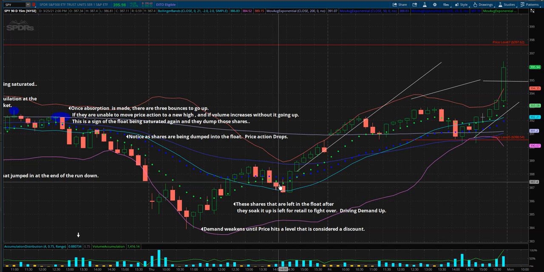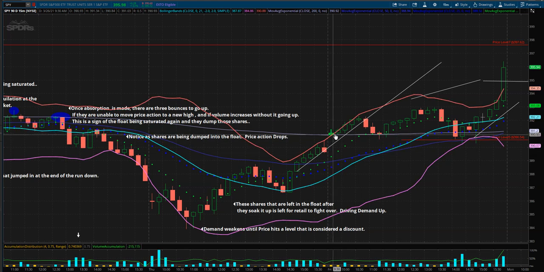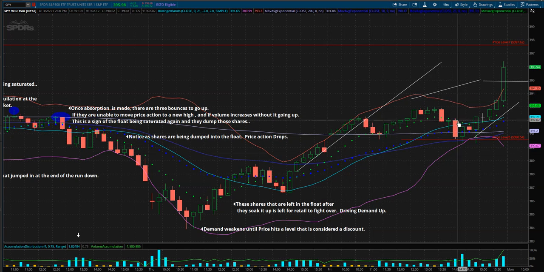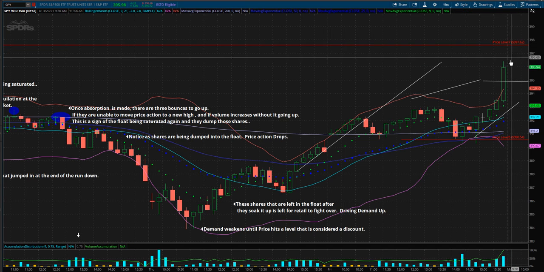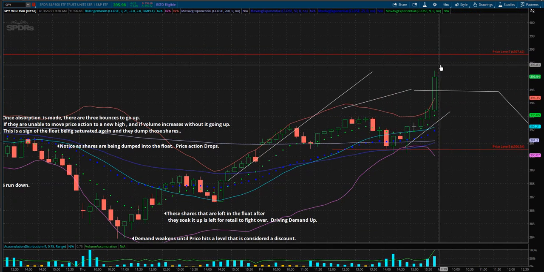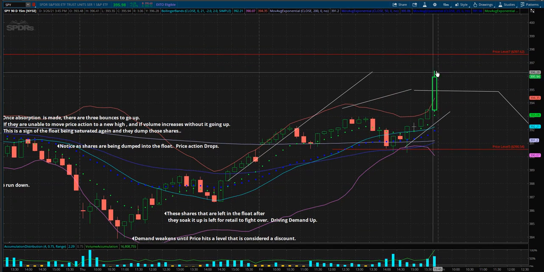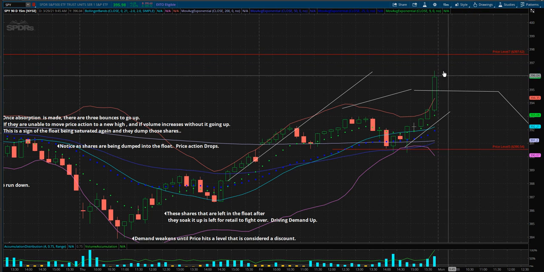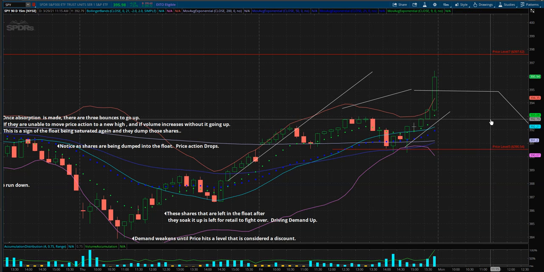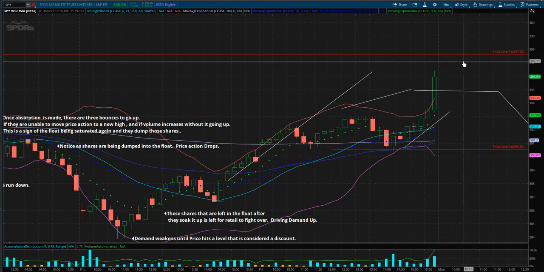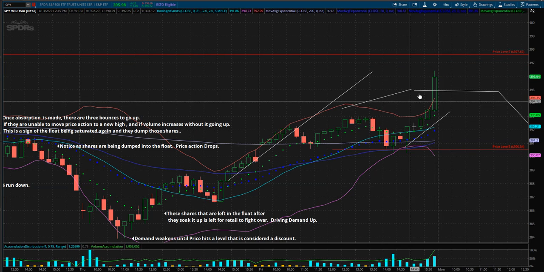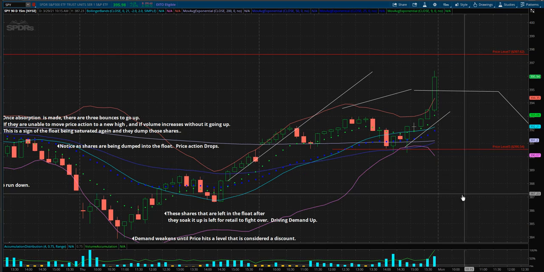And so basically they are, what is it called, when they are portioning out their shares and making profit as it goes up. And most likely, like I said, if this doesn't keep going up when they start business on Monday, they're most likely going to dump all their shares at this point to start that process all over again, because basically they've gotten what they needed to get out of this and have made the money that they needed to make, and 3 times as much. And so the mother load will be dropped right here,